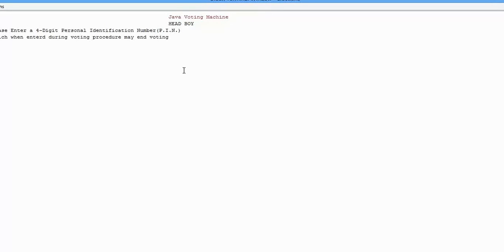Now it's your work. Again the window will ask for a personal identification number, that is PIN, that will be used to end the voting procedure. The voting procedure can be ended only with this password, so it's very necessary to remember it. Let's type the password. It's 1234, and just press enter. The password has been stored as 1234. We must remember this, or you may choose any other password you want.